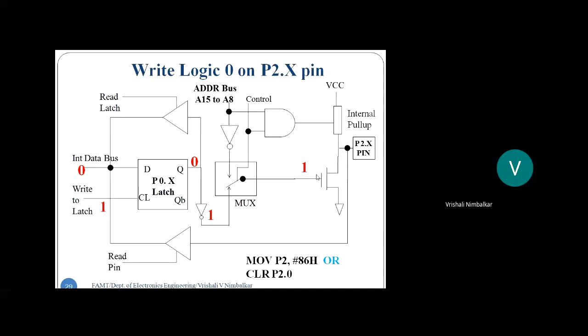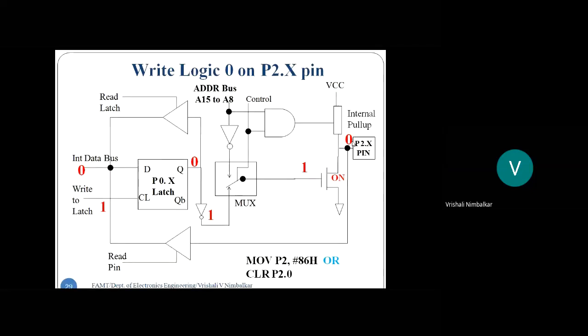Okay. Logic 1 to the NMOS means that the MOSFET is going to turn on. And whenever the MOSFET is on, I told you all, even a large amount of current flows through this. So in both ways, the pin gets connected to ground, as well as the large drop here, VCC minus the large drop, 0 appears from the upper side. So in any case, logic 0 is going to appear on the pin. So that is write logic 0 on the pin. When this instruction gets executed, CLR P2.0, this is how the pin is cleared.